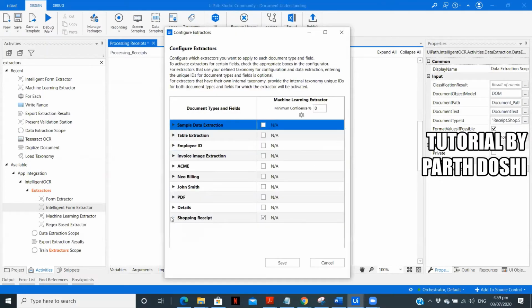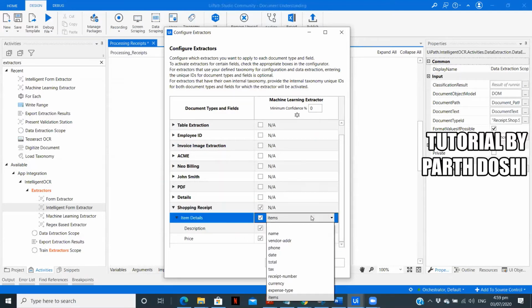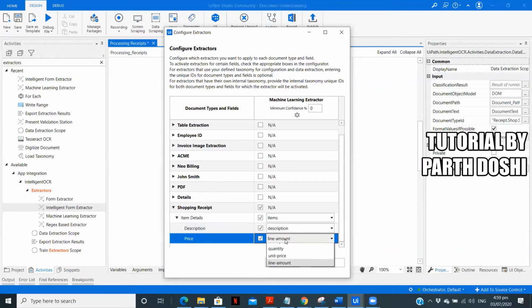Okay, so mine is shopping receipt, bring it down. When I have this shopping receipt, I have my item details table. Here I'm getting different options, which can be a particular data in a receipt. Here I have items. Since I have item details, I'm specifying it as items. In description, I have description, quantity, unit price. So this can be different data available in our particular image. Here I'm selecting description. Then in price, I have unit price, like price of a particular product per unit, or quantity, but